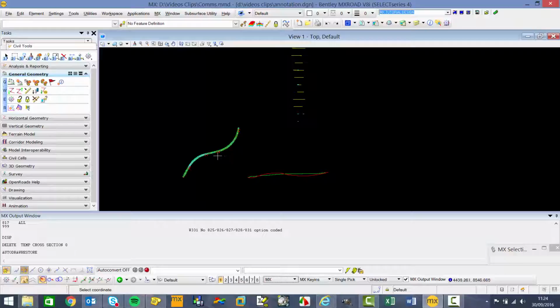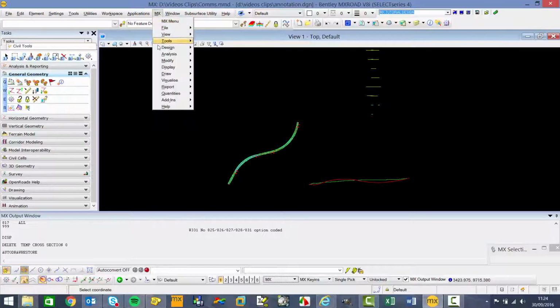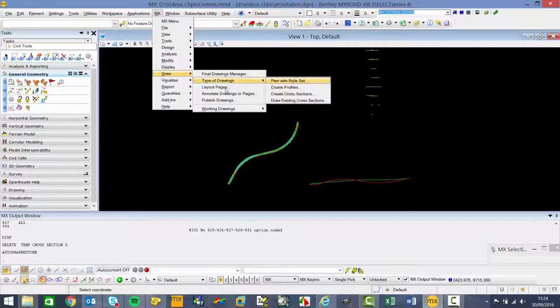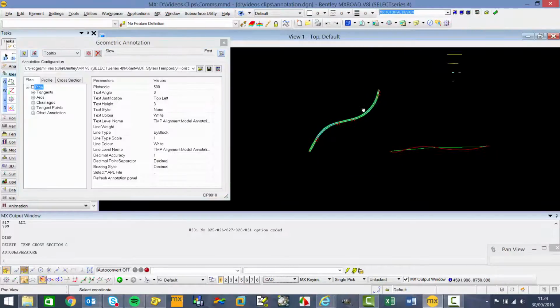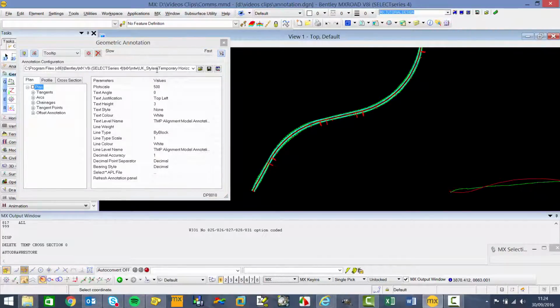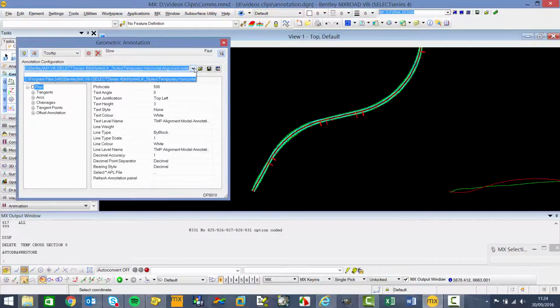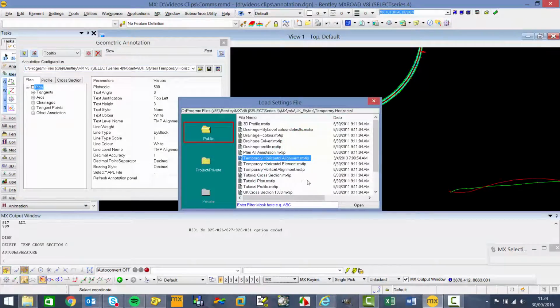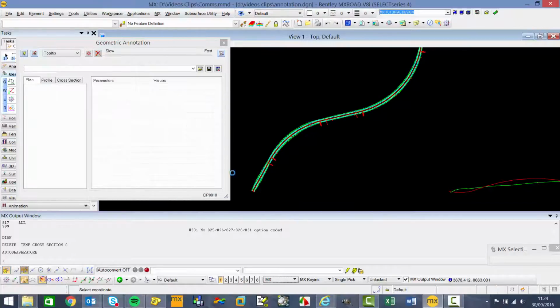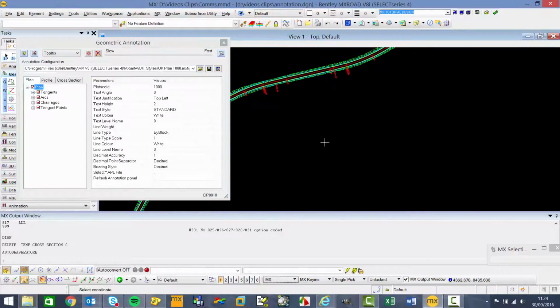So to annotate our drawing, we go to MX, draw, annotation of drawings or pages. Now we use something called MX tips files, which are found in the UK styles folder, and there are several there that you can use. We produce UK typical plan profiles, and we've got some tutorials as one as well, and you can customize these to create your own tips files. In the first instance, I'm going to use the plan one, and if we zoom in a bit,